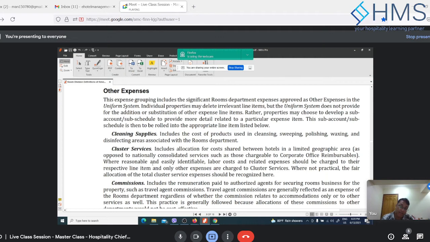The next, other than the labor, so here in this labor cost, as a finance manager or as a chief accountant, you also need to understand the behavior of this labor cost. Is it variable or is it fixed? If it's variable, how is it moving? Is it moving according to the guest? Is it moving according to the season? Is it moving according to the occupancy? If occupancy, what is the relationship with the increasing room nights and the increasing cost?